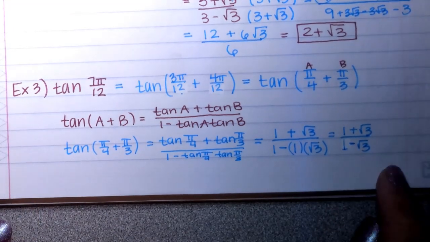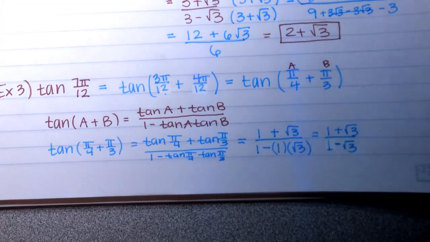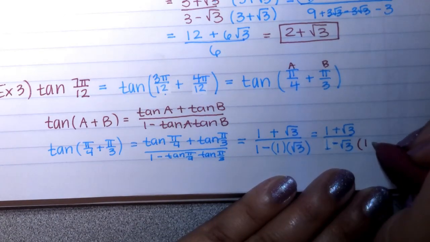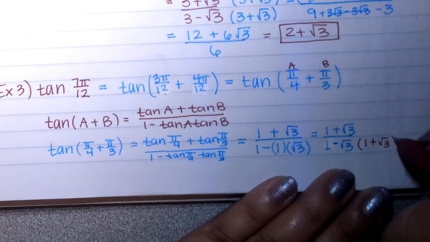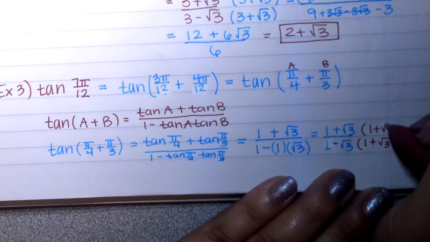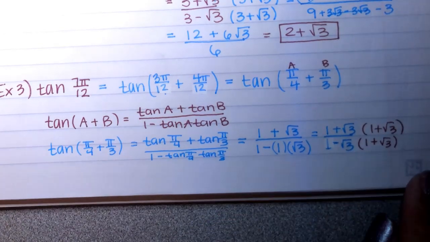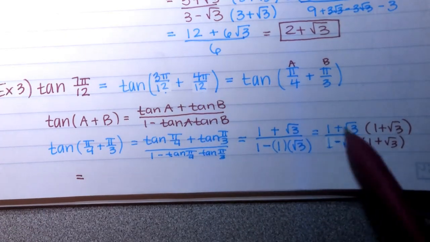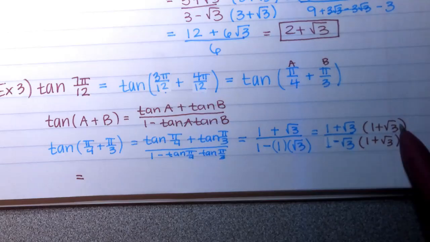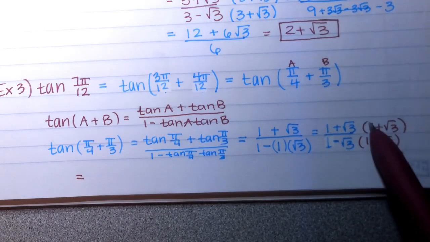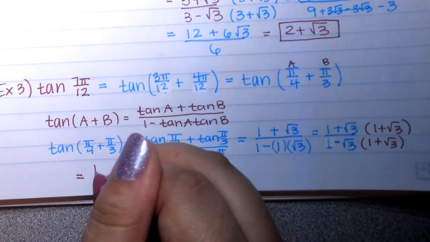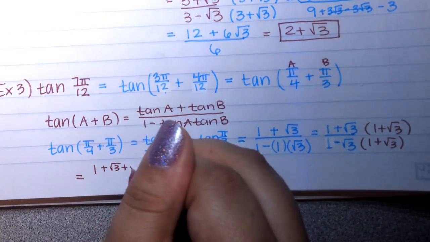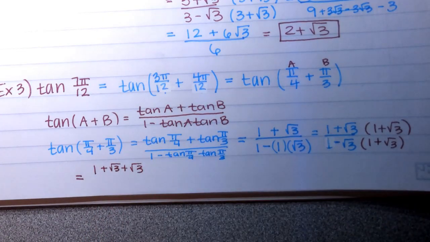And what am I going to do to get these square roots out of the denominator? Multiply by the conjugate of the denominator. So I'm going to multiply by 1 plus the square root of 3. And then I'm going to FOIL. 1 times 1, 1. Plus the square root of 3, plus the square root of 3,